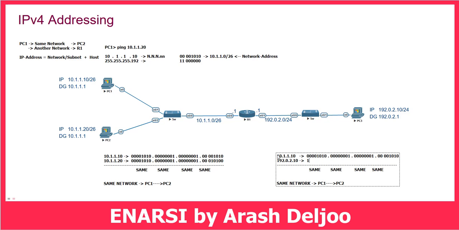Look here, 11 again 60, then dot, again 80, again dot, and after that 0 0 0 0 0 1 0, and finally 1 0 0 0, and then 1 0 1 0. Okay, if you compare these two parts to each other, you can see that here we don't have any equal values. Because of that, we can understand PC3 is residing in